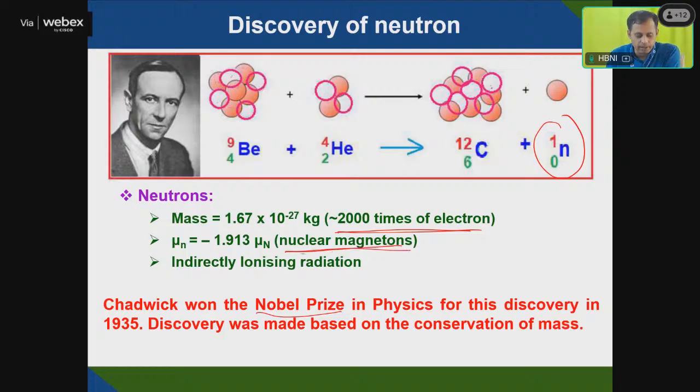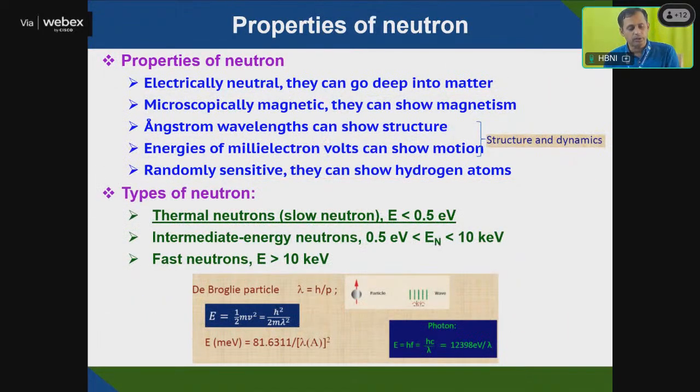It has a magnetic moment, like the electron has an electromagnetic moment, that is the Bohr magneton. Similarly, in case of nuclei, they have a nuclear magneton, and the neutron is indirectly ionizing radiation. And then if you see the properties of the neutron, the neutron is electrically neutral, so they can